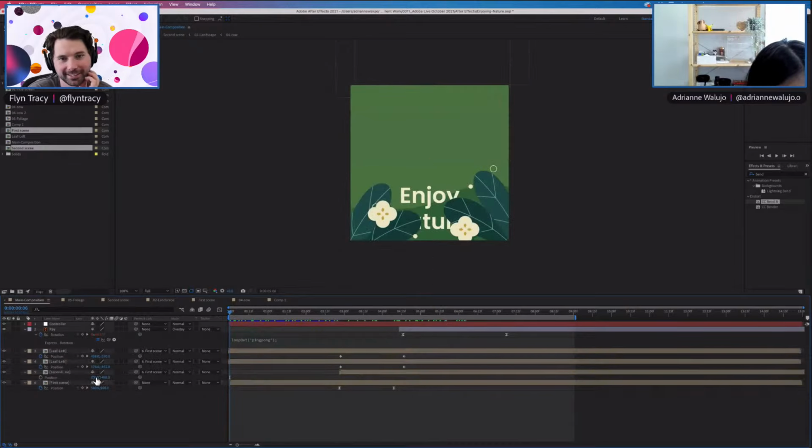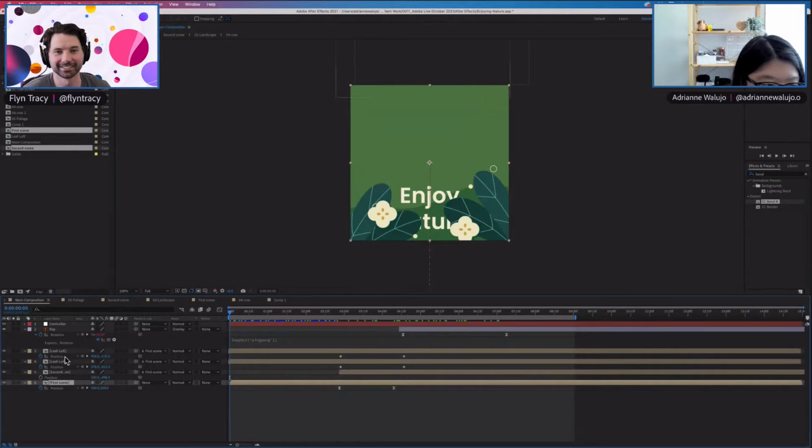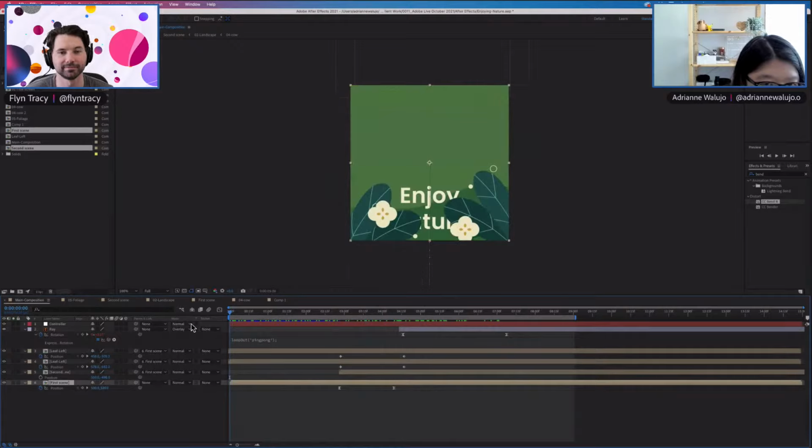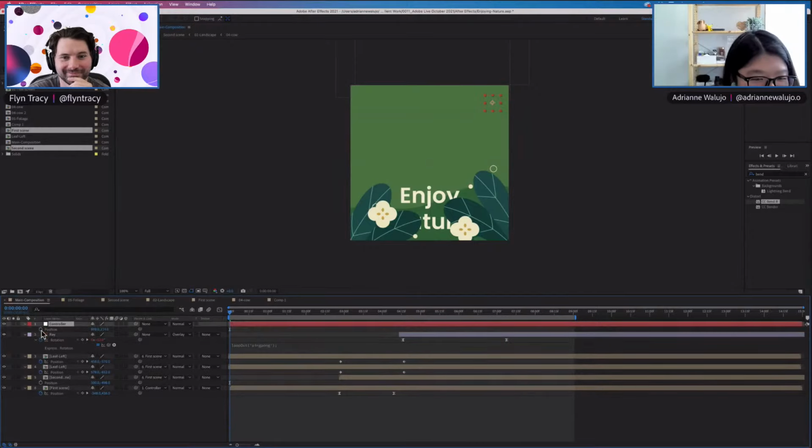I'm definitely going to ask about the ray of sunshine that's coming through there. Yeah, super cool. Similarly with the sunshine, I put it here rather than inside because I don't want the sunshine to be cut off. I also added some CC light sweep, which I really like. Here, the leaf in the second scene is already parented to the first scene, so what I really need to do is just parent the first scene to the controller, because everything else will follow the first scene anyway.